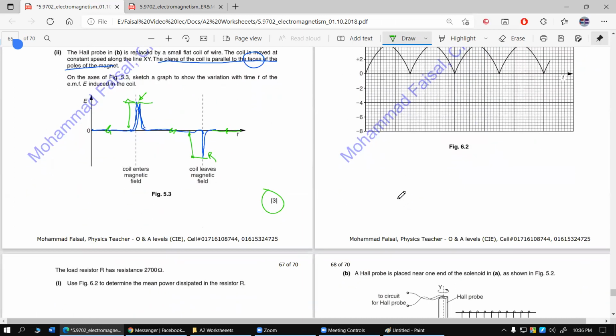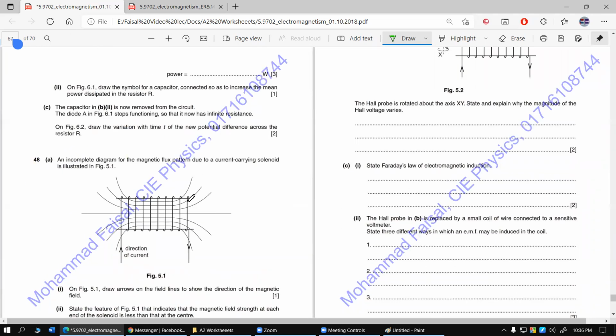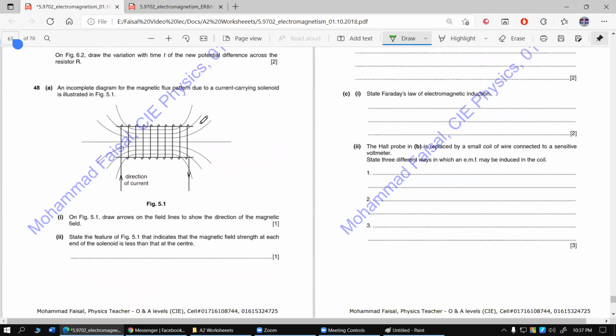আচ্ছা, এরপর আমাদের আরেকটা হল প্রুফের কোশ্চেন আছে, কোশ্চেন নাম্বার 48। An incomplete diagram for the magnetic flux pattern due to the current carrying solenoid is illustrated in figure 5.1. On figure 5.1, draw arrows on the field lines to show the direction of the magnetic field. State the feature of figure 5.1 that indicates that the magnetic field strength at each end of the solenoid is less than at the center. The field lines are more spread apart. The gap in the field lines is more than the gaps at the center. Fewer field lines are passing through the same cross-sectional area on the outsides compared to what happens at the center. অনেক ভাবে বলা যায়।